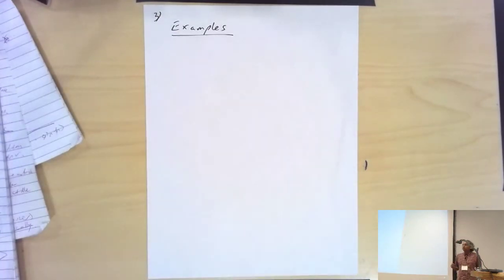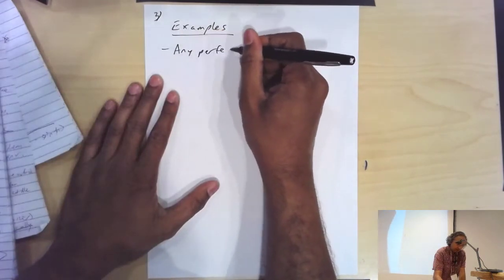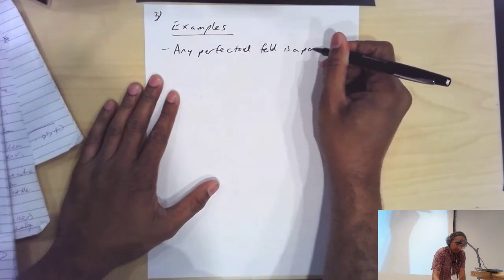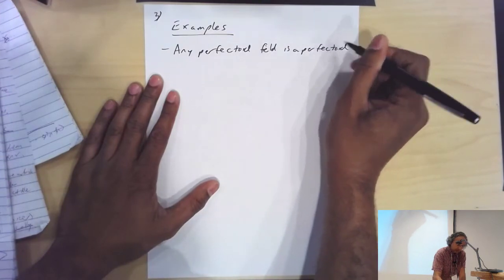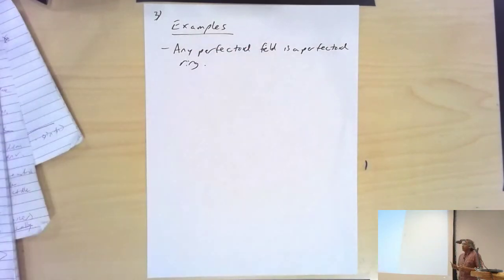Okay, so we've already seen the examples of perfectoid fields. So any perfectoid field is a perfectoid ring. So that gives us a starting point. So we've seen a couple of explicit examples